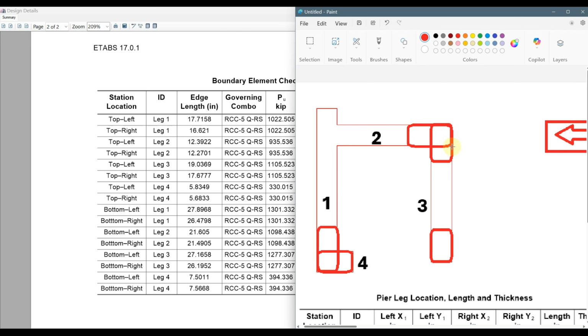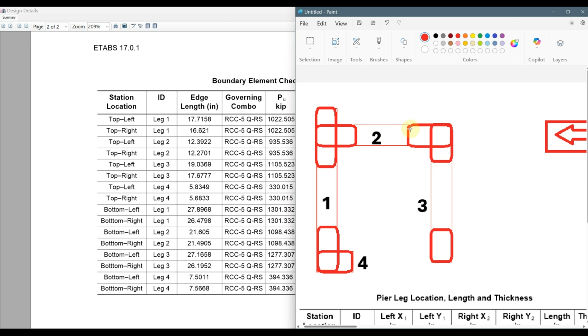Here the overlapping will occur. Here we will do like this. Here we will do like this. So this will be our boundary element. Here we do not need ties, but providing ties is better, because providing ties lets you consider your distribution reinforcement